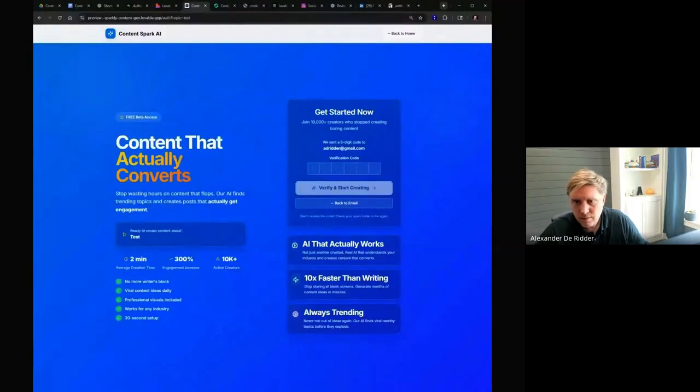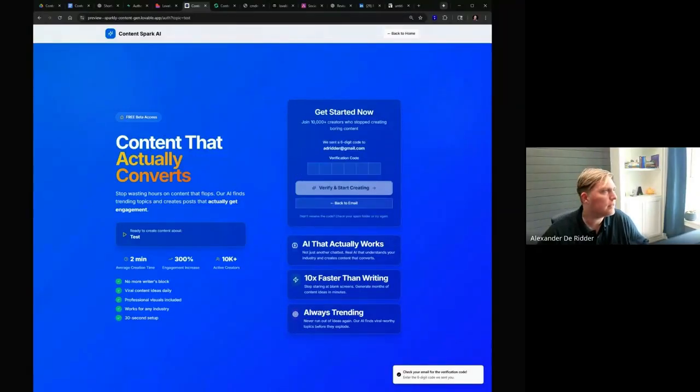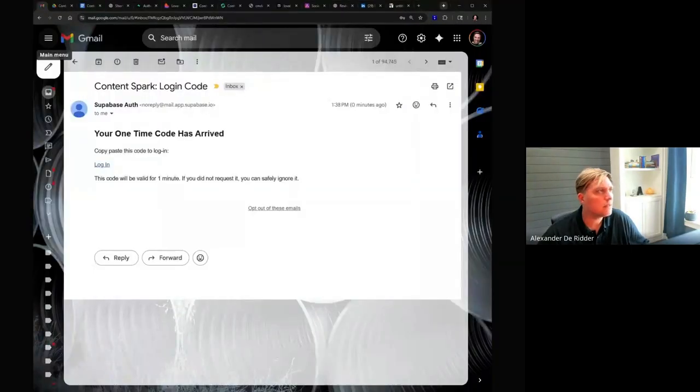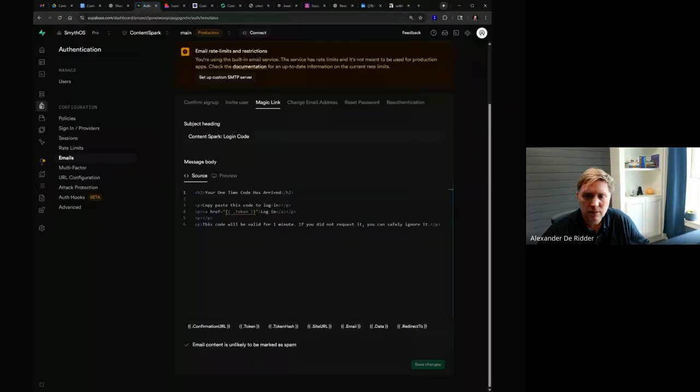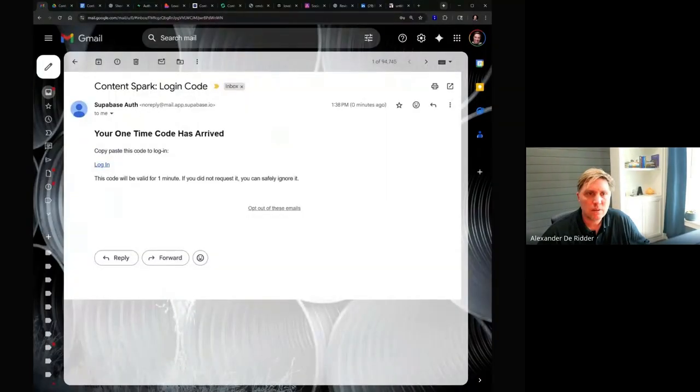I go back here, back to email, and I say send, and it says it sent it to you. And I'm waiting, and it arrived. And unfortunately, here you can see, it's still not solved. So did I forget to hit a save button? No, but it's just Content Spark login code. And it still sends me